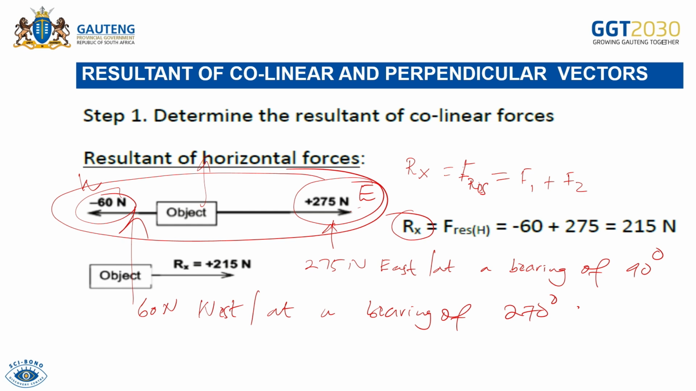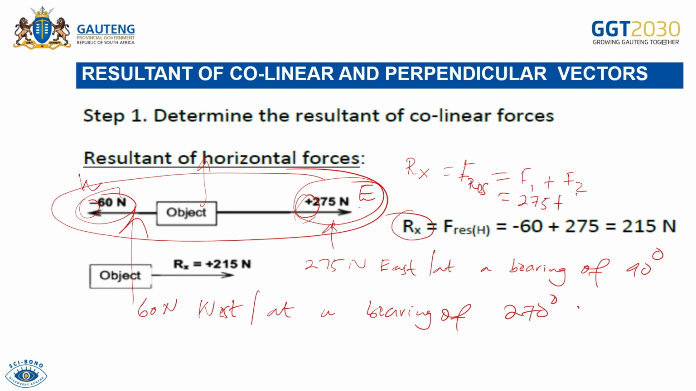In this case they're taking east as positive. Hence here you see positive there. And if east is positive, it means that west is going to be negative, because they're acting in opposite directions. So if east is positive, west is going to be negative. So here the resultant force will be F1. Your F1 can be 60 or 275. So it's going to be